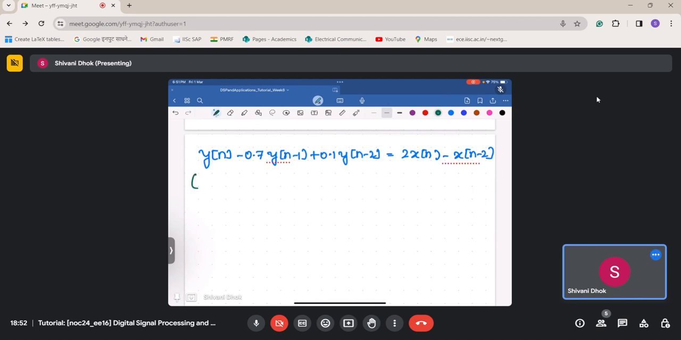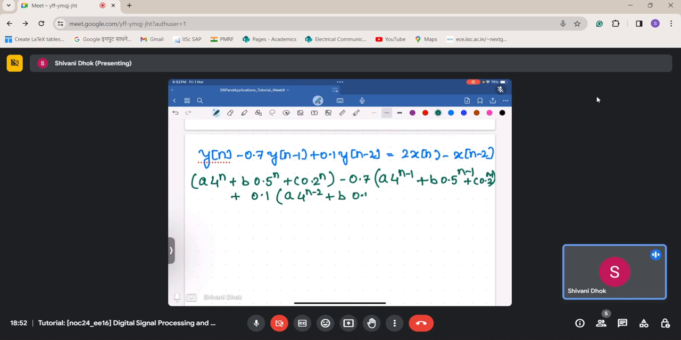So this is a4 to the power n plus b into 0.5 to the power n plus c into 0.2 to the power n, minus 0.7 into a into 4 to the power n minus 1 plus b into 0.5 to the power n minus 1 plus c into 0.2 to the power n minus 1, plus 0.1 into a into 4 to the power n minus 2 plus b into 0.5 to the power n minus 2 plus c into 0.2 to the power n minus 2, and this thing here is equal to,